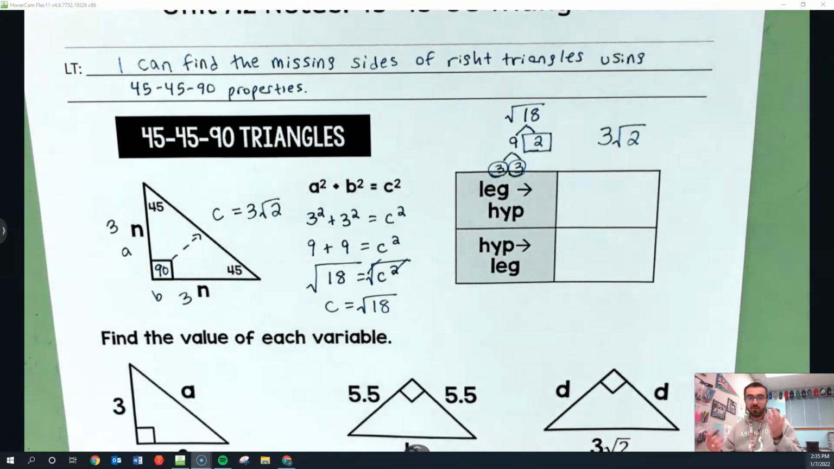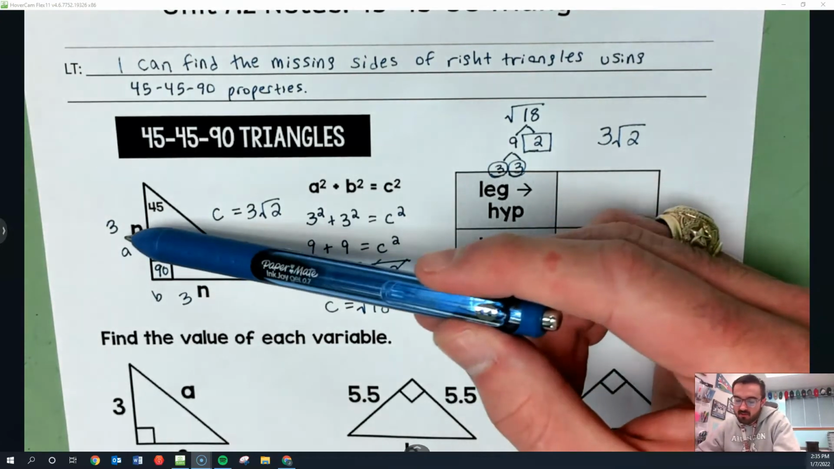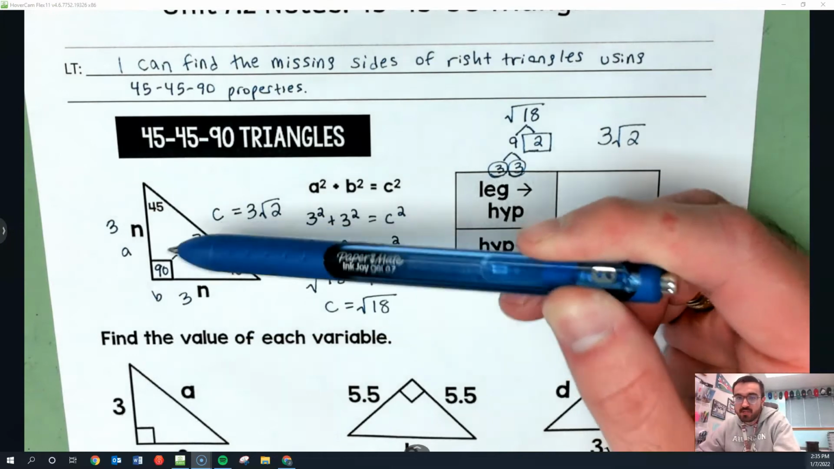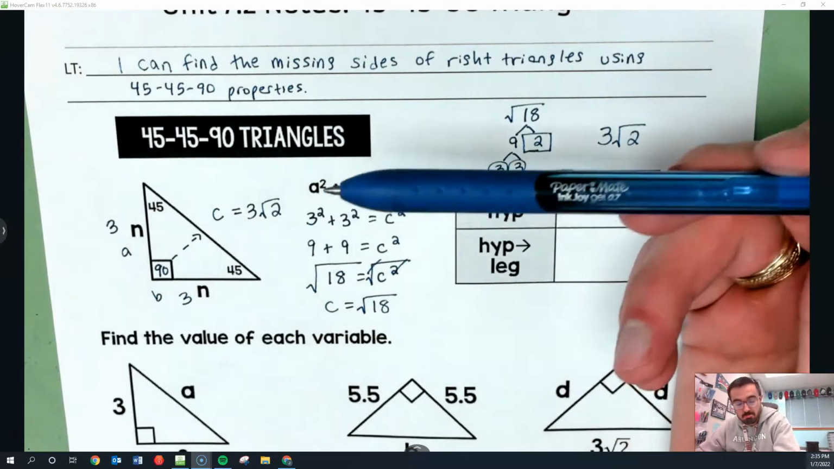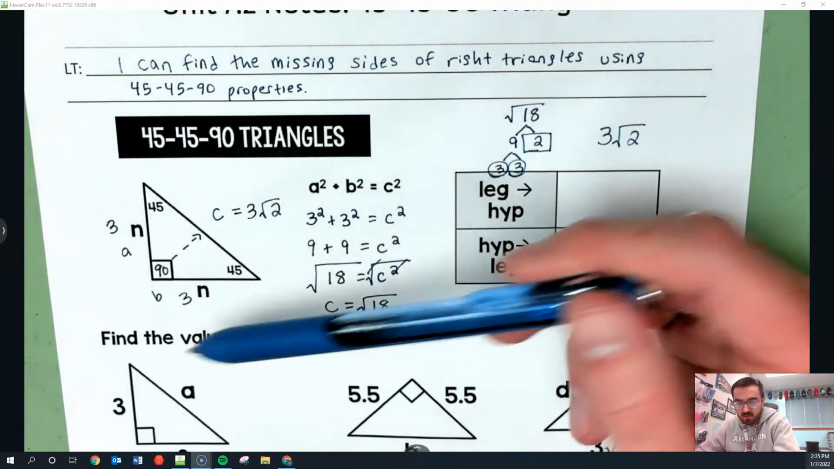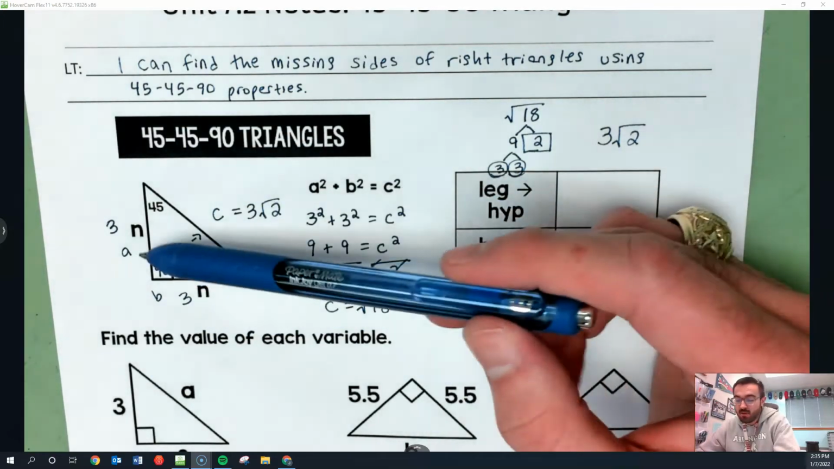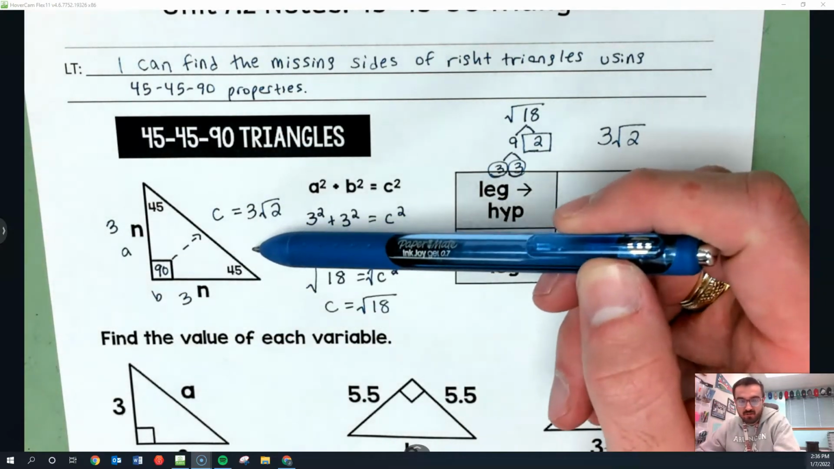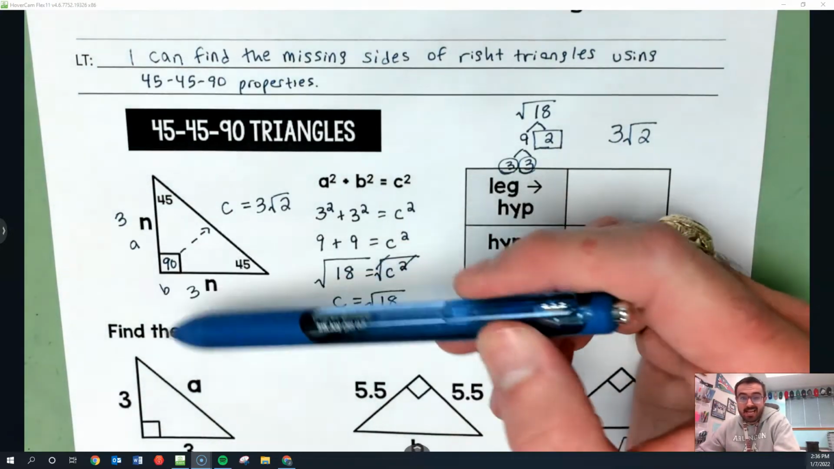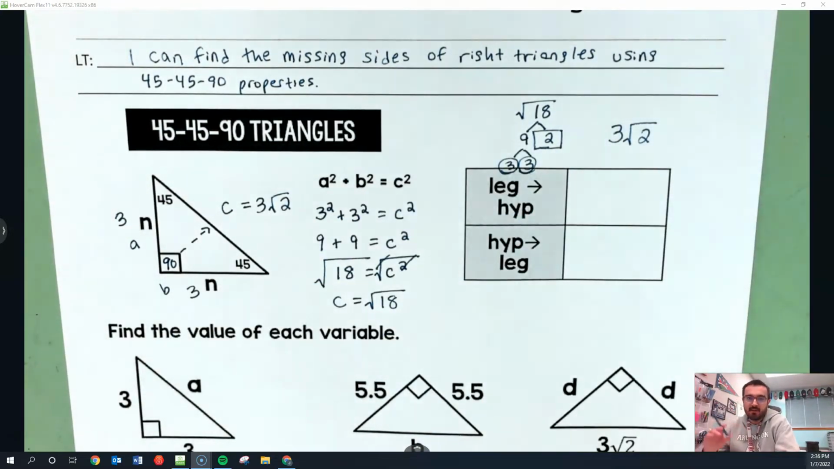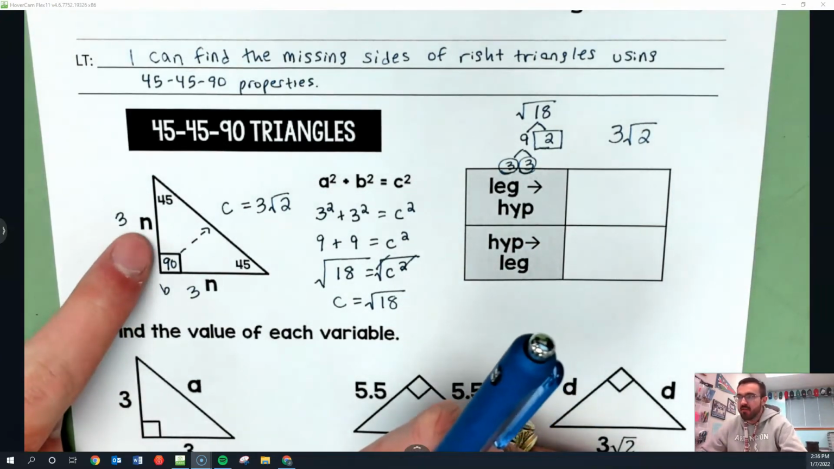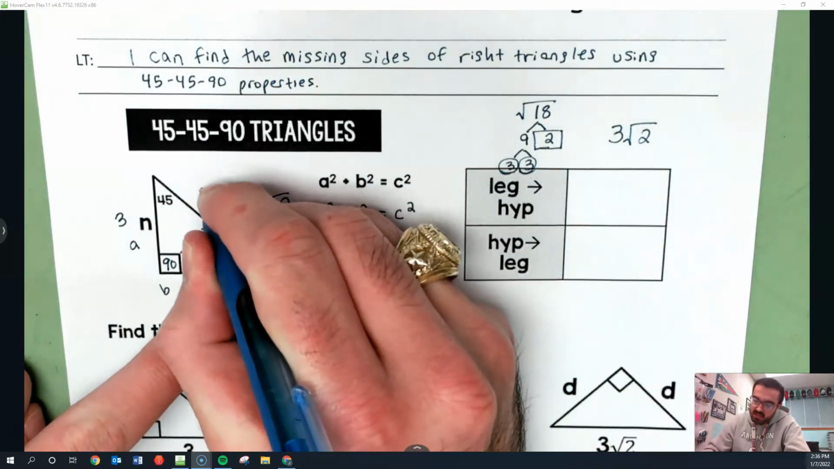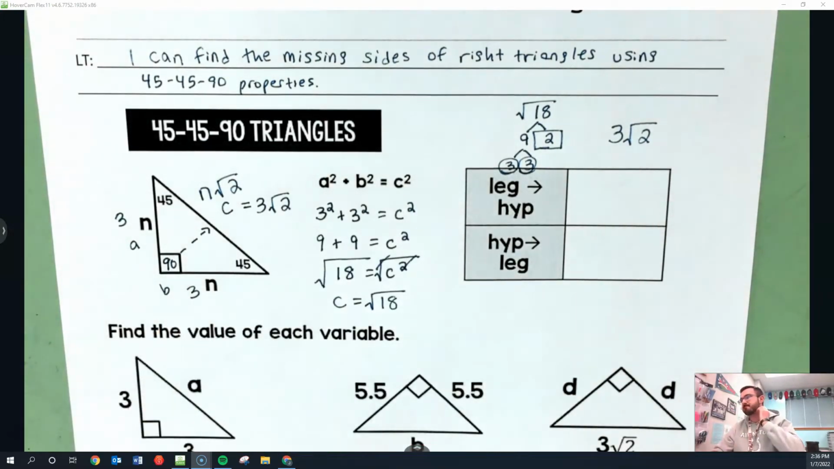Okay, so there's a pretty clear pattern, right? If the legs are 3, then the hypotenuse is 3 square root of 2. Okay? 3, 3, 3 square root of 2. Same thing if it was 5 and 5. This would be 5 square root of 2. Doesn't matter how big it gets. 80 and 80, 80 square root of 2. Okay? Any of those work. It's a pattern. So what we're going to do is label, if this was n and this was n, let's call this side n square root of 2 going forward. Okay? Now, in order to solve problems using this rule,